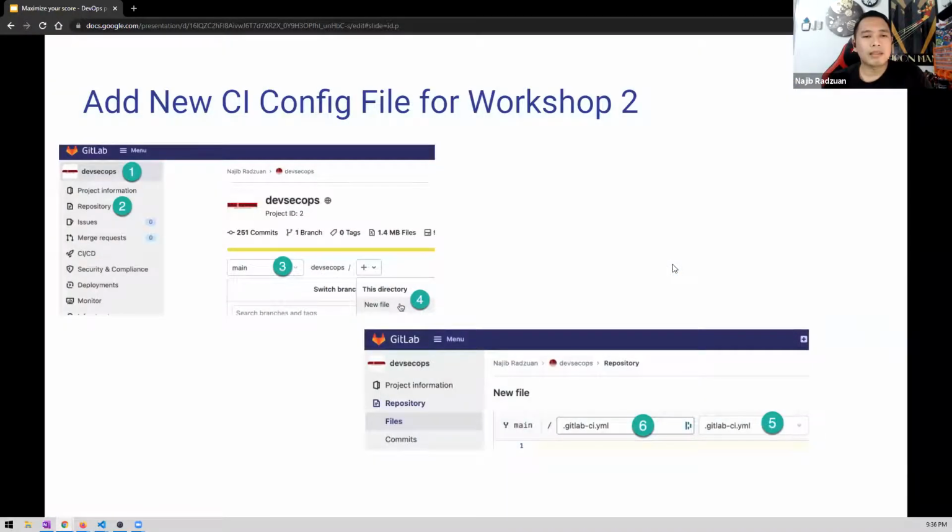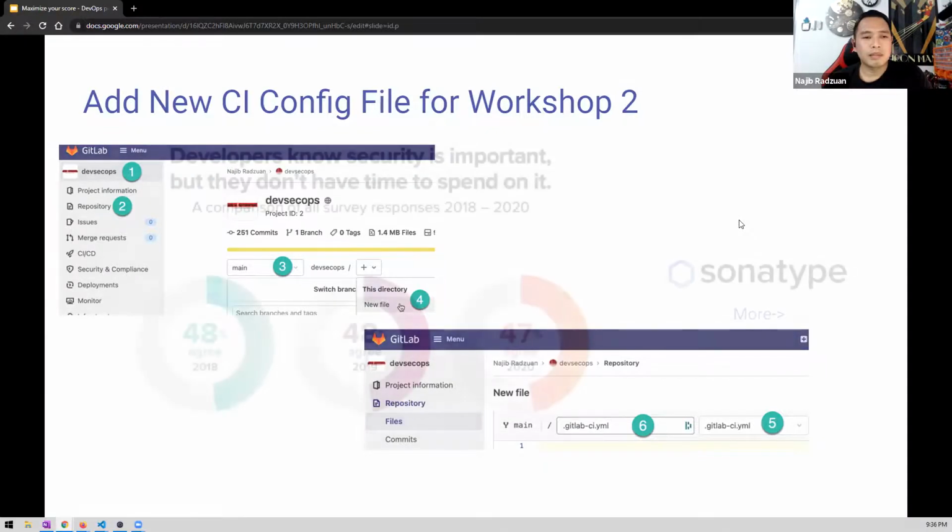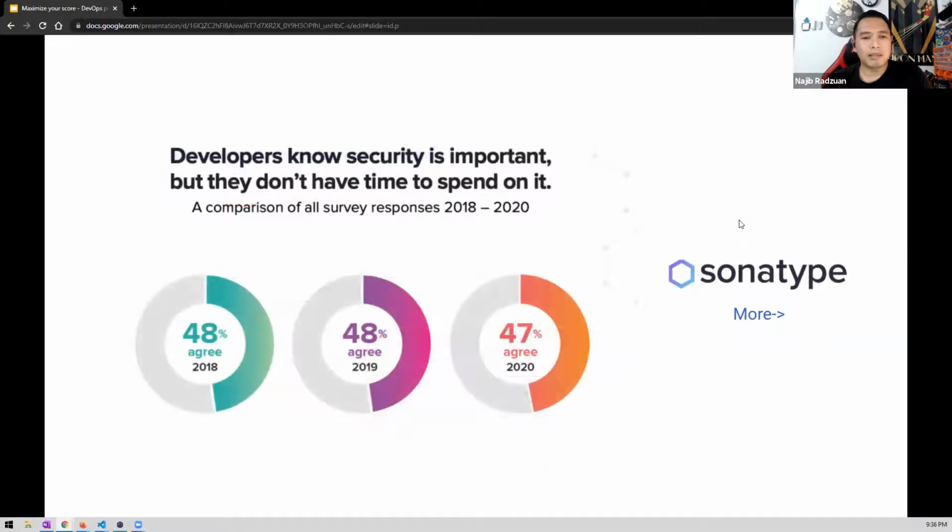So I recommend changing from DevOps to the DevOps repo that I mentioned earlier, and then you can go to the main branch and add a new GitLab CI YAML like we did previously. But before that, I would like to share with you